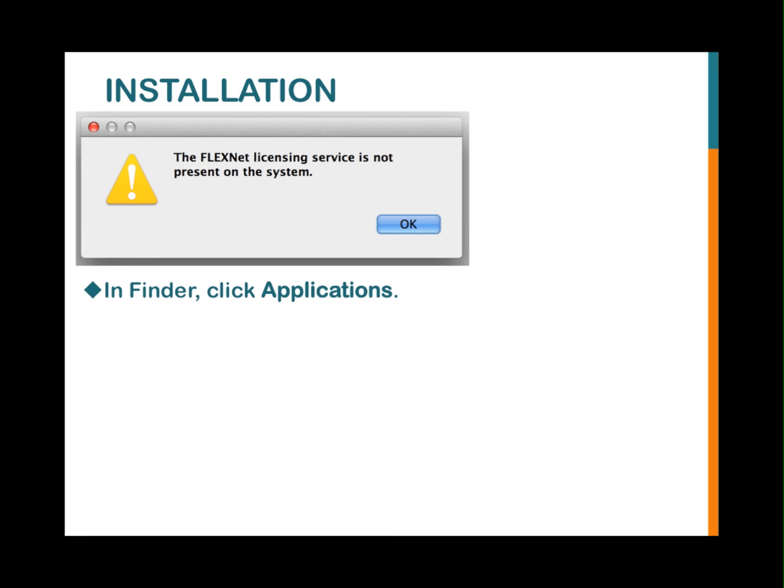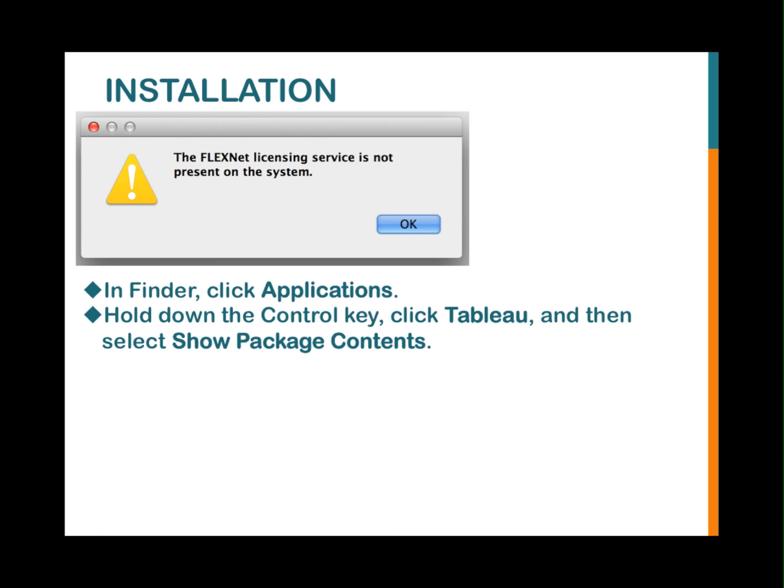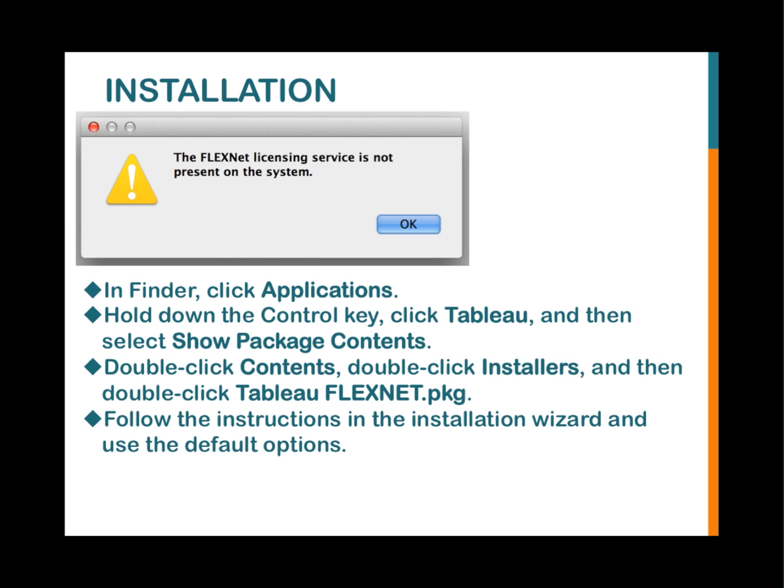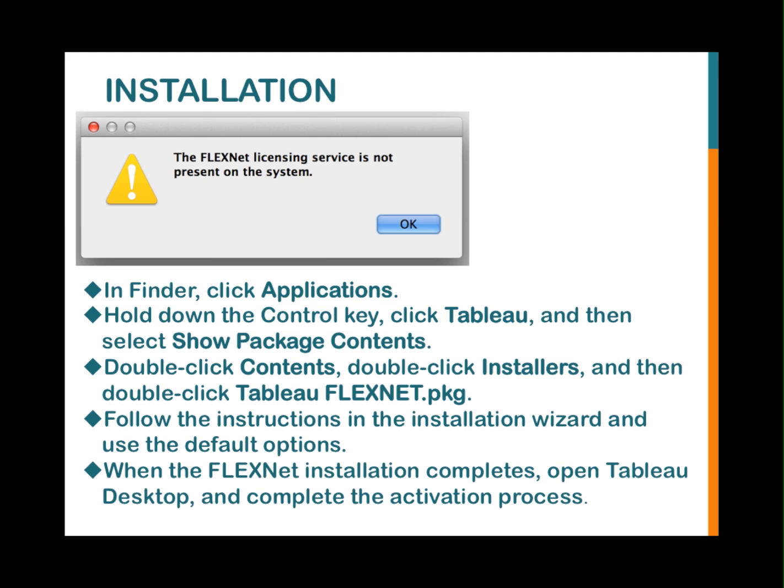In Finder, click Applications. Hold down the Control key, click Tableau, and then select Show Package Contents. Then double-click Contents, double-click Installers, and then double-click Tableau Flexnet.pkg. After that, follow the instructions in the installation wizards and use the default options. When the Flexnet installation completes, open Tableau Desktop and complete the activation process,